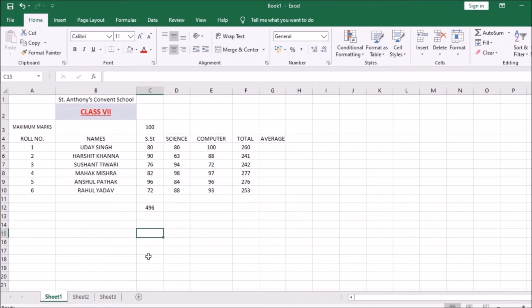So how to copy? There is a formula, but you need not type the formula again and again. You just copy and paste. For copy, there is a shortcut key, Control plus C. Control plus C for copy. So you need not press plus, you just press Control and C together and the cell will be copied. And then for pasting, Control plus V. After copying, you press Control and V together to paste it to another location.